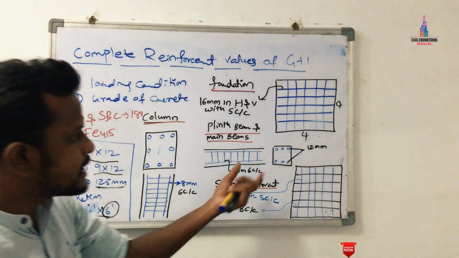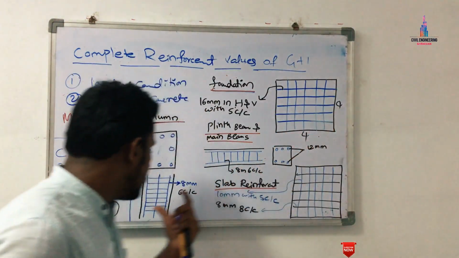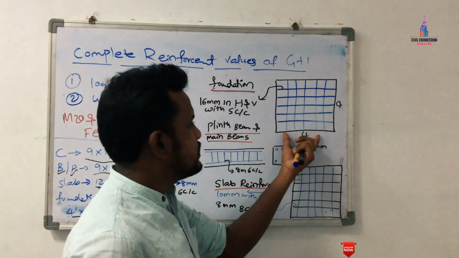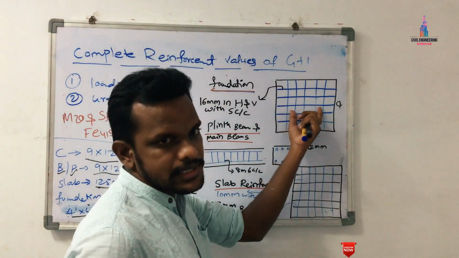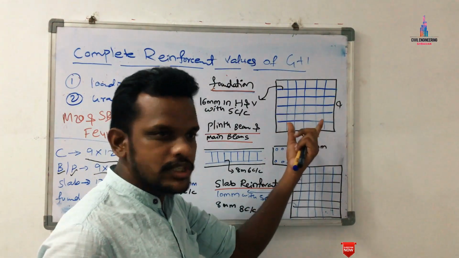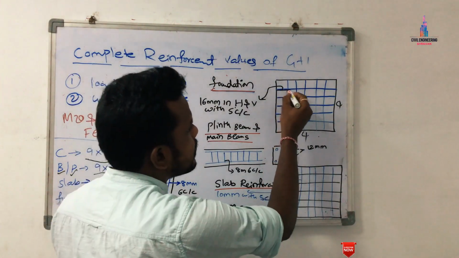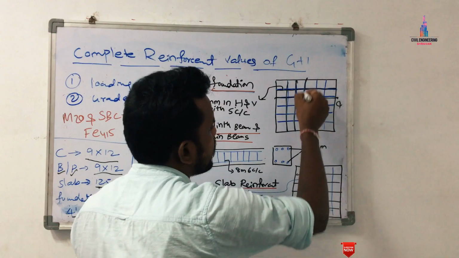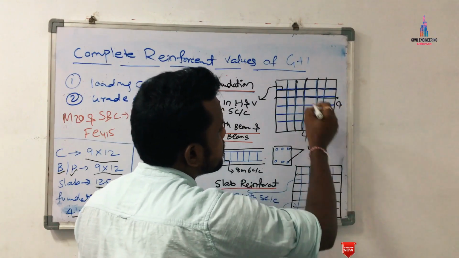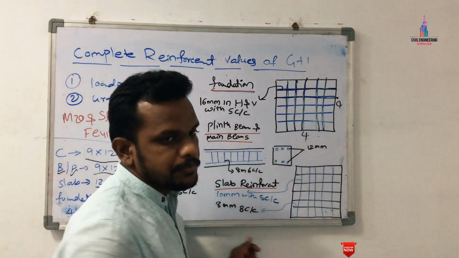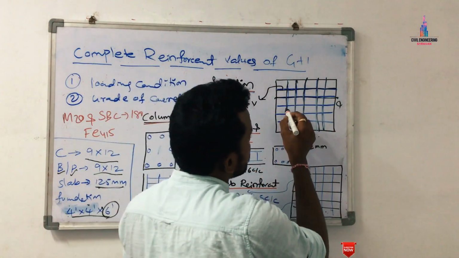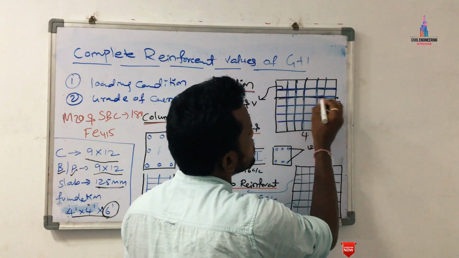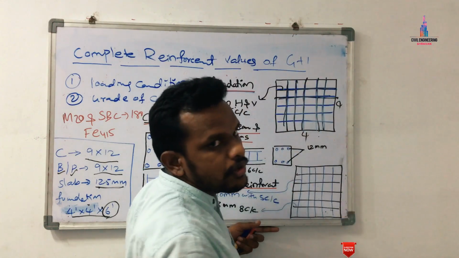Okay, so for this 4 feet cross 4 feet and 6 feet foundation, we will consider the reinforcement values in the horizontal section as well as the vertical section. Initially we will prepare a mesh consisting of horizontal bars and vertical bars. The reinforcement is of 16 mm diameter bars, which we will place in horizontal and vertical positions in order to form a mesh.